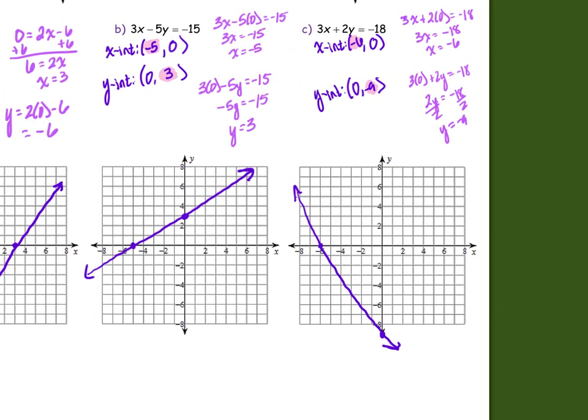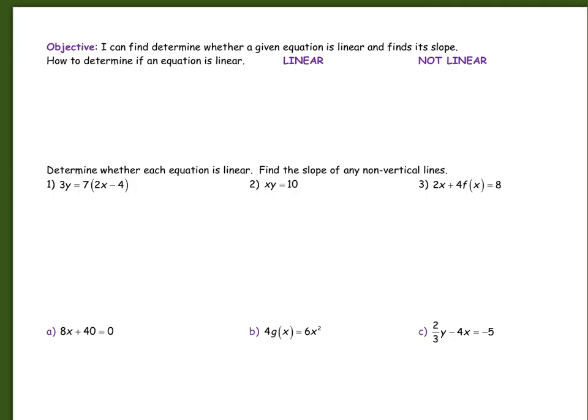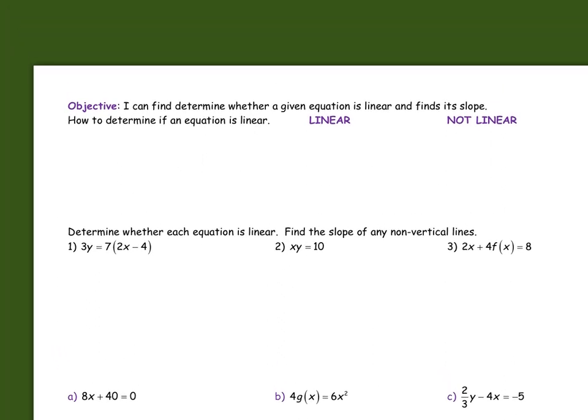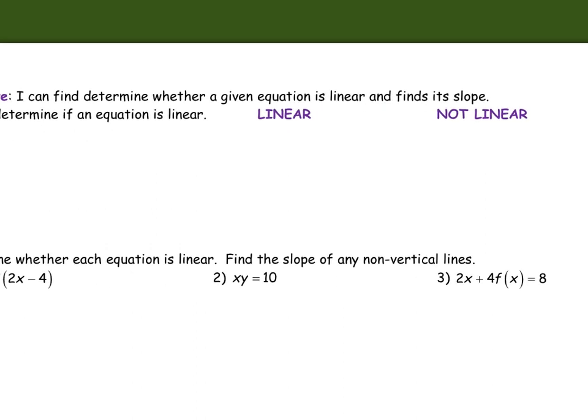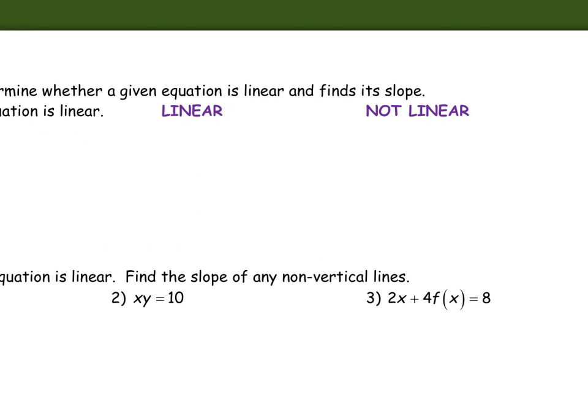Okay, awesome. So let's go to the next thing, and our last thing is really just going to talk about how do I tell just from an equation if it's linear or not. So how do I tell if it's linear? Well, there's a couple different forms it can be in if it's linear, and we've talked about them, right? So standard form for a linear equation, I guess we really haven't defined that standard form, and that's probably the only one we haven't defined, would be